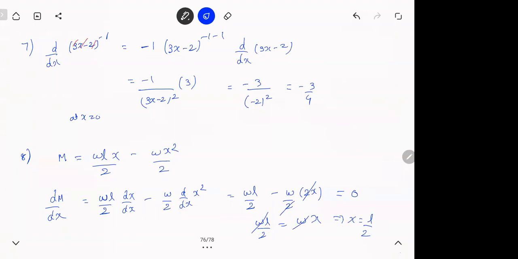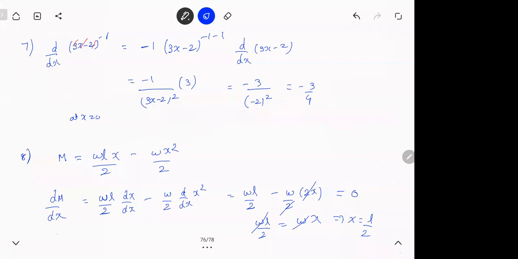Maybe if you read the statement you must have got confused, like, oh, what is w and all. It doesn't matter. Here there is a quantity called m, which is in terms of x, where w and L are some constants. So he's simply asking you to find the minimum value of this function. So for maximum, you know what you do? We differentiate. Do you need to check the second differential? If you can check, but the question is asking minima and there's only one value, so it should be a minimum. As simple as that.